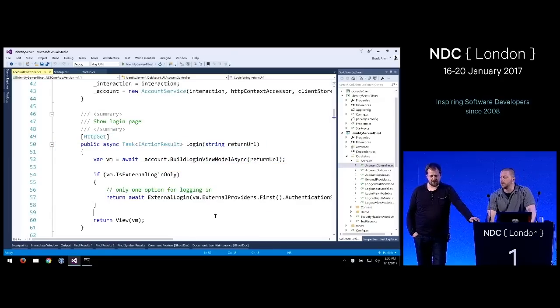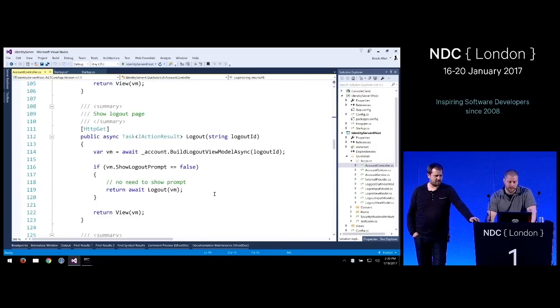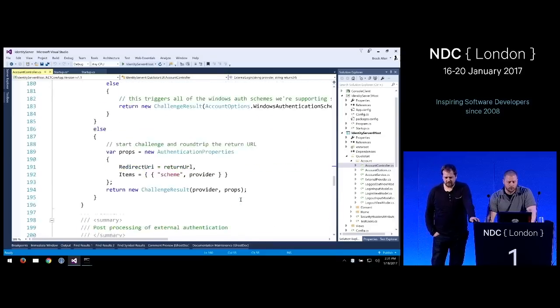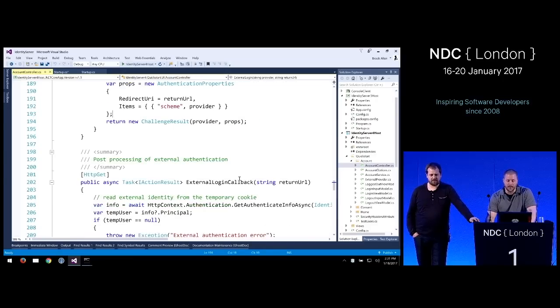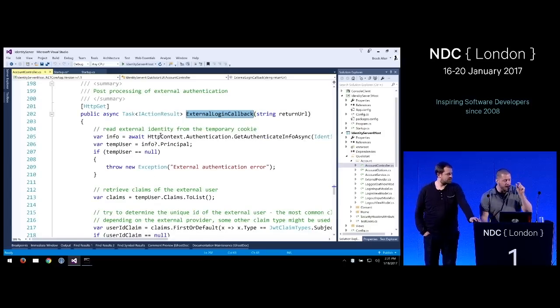So our login page will now show buttons for Google, Facebook, Azure Active Directory, whatever. Again, that's all customizable. Then when we trigger that, that is down in our external code here somewhere. This is what triggers the external authentication. Basically down here at the bottom, we're triggering Google or Facebook or whatever. And then the callback occurs. And on the callback, this is where we're assuming the pattern of you having used the temporary cookie.